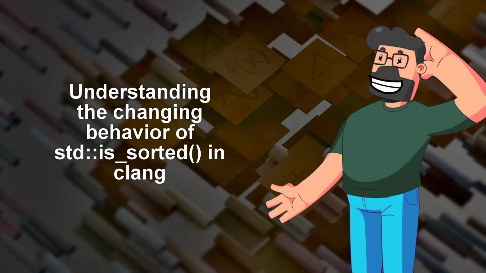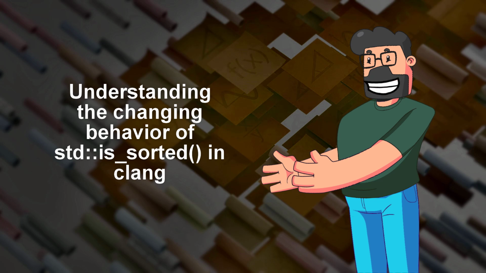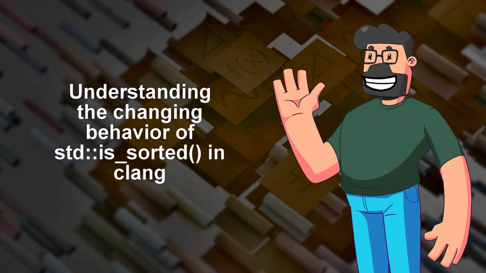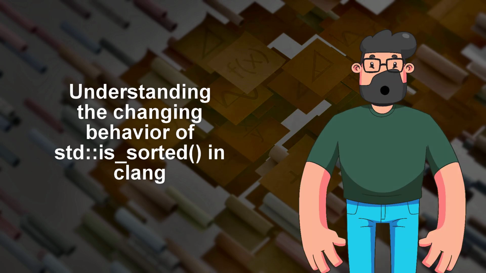We have a code snippet that exhibits some odd behavior when std::is_sorted function is called twice in a row. The first call returns false, and the second call returns true, which is quite puzzling. This issue has been observed on various versions of Apple Clang and Ubuntu Clang, all while compiling with optimizations and